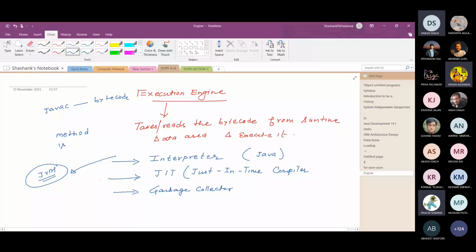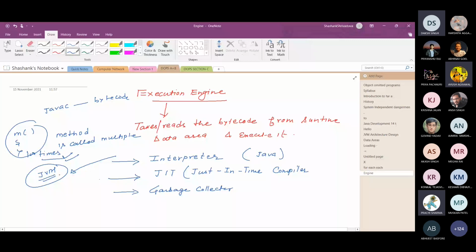What will the interpreter do? It interprets this method 100 times according to the Java virtual machine. But that is not time efficient, because the same method is called 100 times and interpretation is required 100 times. That should not be the approach.